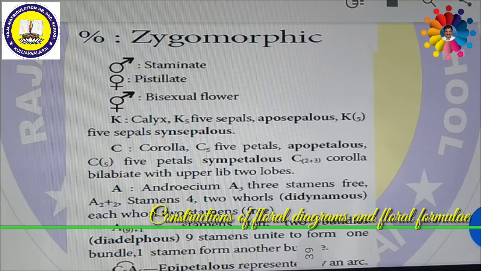If it is free with diadelphous, then A2 plus 2. Then stamens are 4, didynamous can be written as 2 plus 2. Suppose diadelphous,